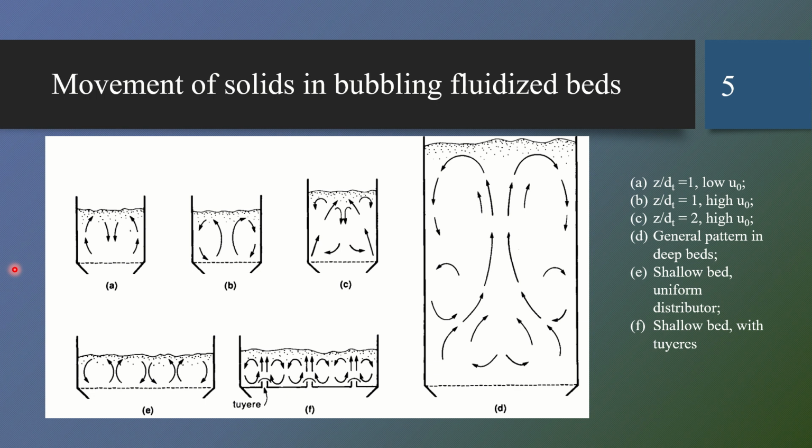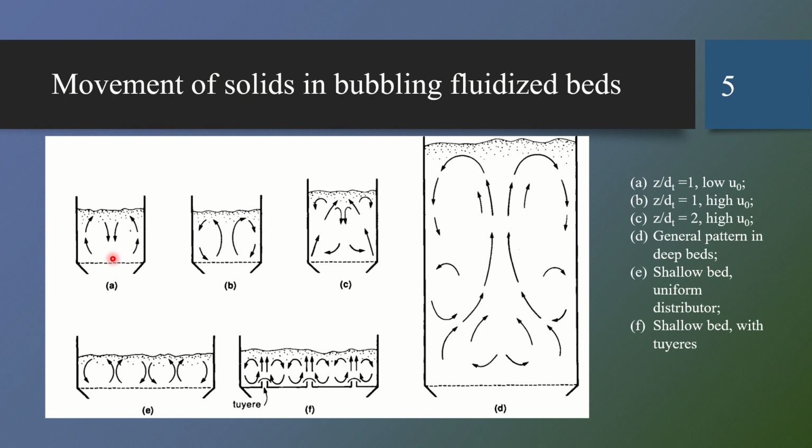So A and B are not shallow beds but equal height. That is, Z and dt are in equal proportion, that is, Z by dt is equal to 1. In such cases, like a typical square bed,